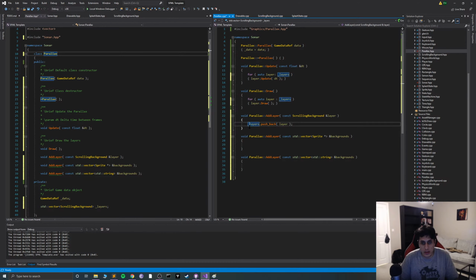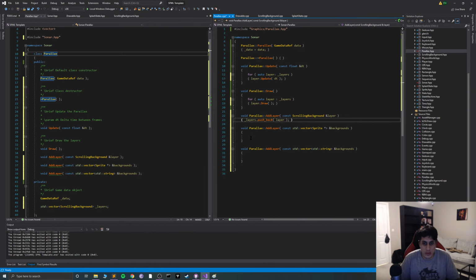And for this, we're literally going to say underscore layers dot push back. I'm going to push back a new instance of the scrolling background